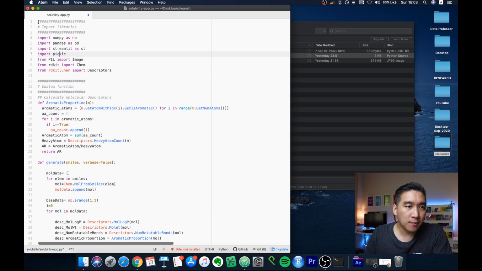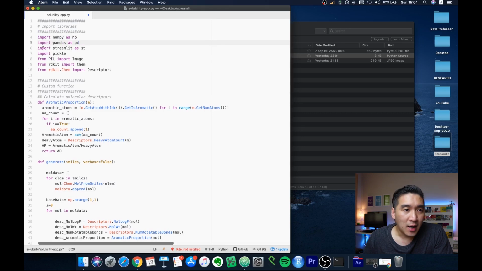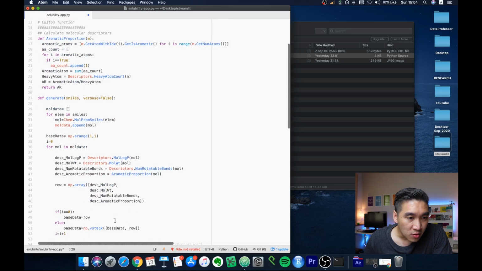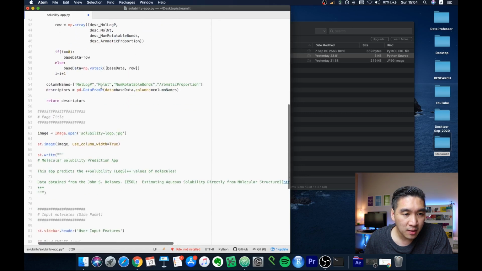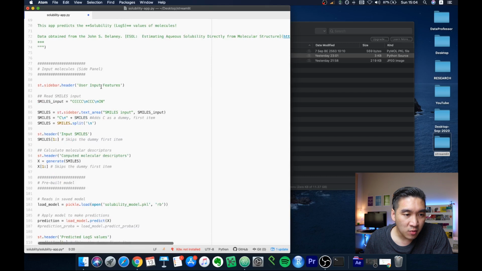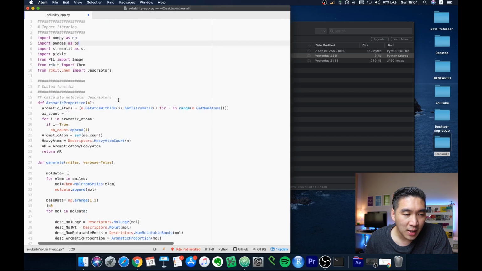Okay, so the first block of code that we will be using is essentially importing libraries that are needed here. We'll be importing NumPy, and NumPy will be used for the descriptor calculation. We'll be using pandas because we need to read in the data set, and actually we will be using it to prepare the data frames as well in the generate code here, the function that we use for computing the molecular descriptors. Full detail, as I have mentioned, will be provided in a prior video that I have shown you in a